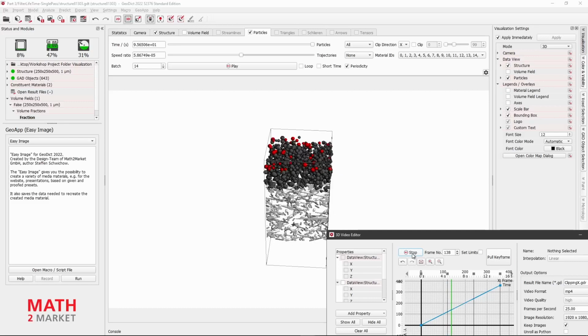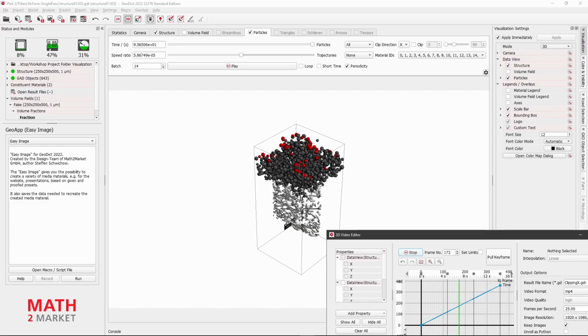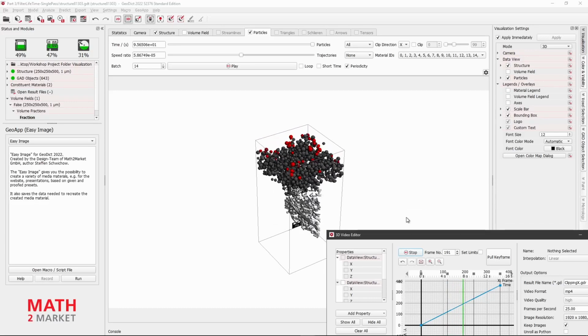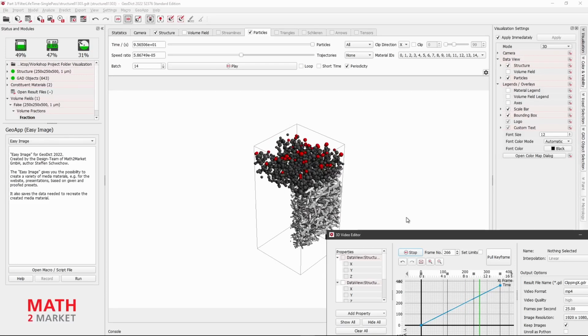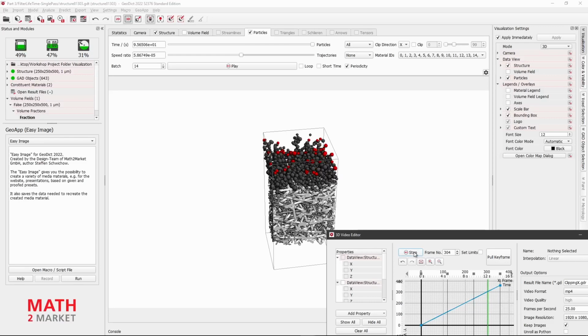As we can see, we have a nice rotation around the Z-axis while our filter media gets cut in an interesting way. The particles keep their current state during the playback. We stop the playback and see how we can animate the particles next.